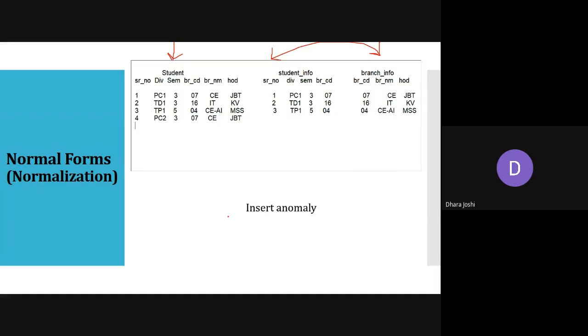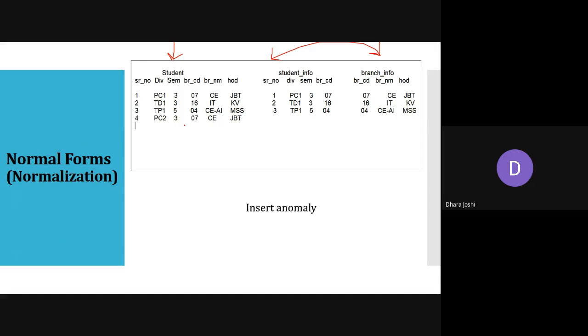The first one is insert anomaly. Insert anomaly means, suppose now a new branch has started, which is computer engineering, big data analytics. So till now we haven't decided which division name we can give here. We haven't gone through the semester for which it is done, like from semester 1 to 6, or from semester 1 to 4.